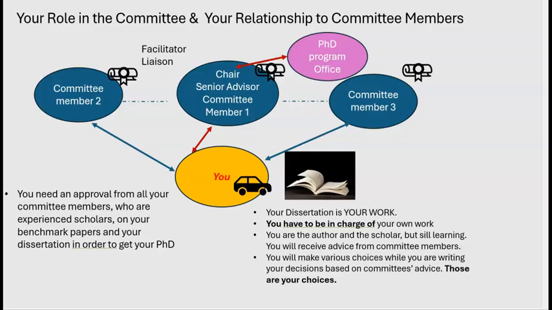Another thing that I want to be clear about is a hierarchy in a dissertation committee. Even though you are a scholar and I want you to have that disposition, you don't have a degree yet. On the other hand, committee members, the chair, committee member two, committee member three hold doctoral degrees. We have gone through this process and earned our degree. And also, we hold our position because of our work, by going through the peer review process after getting our degree.